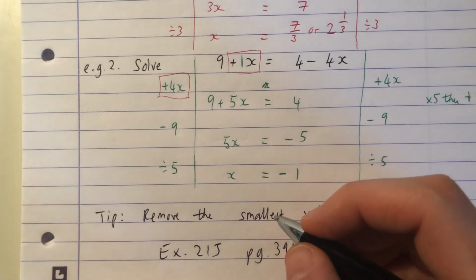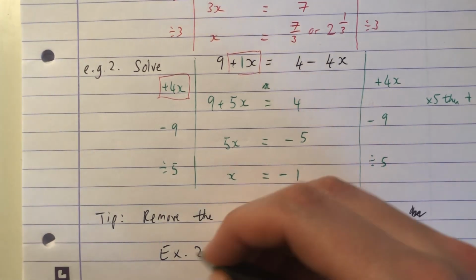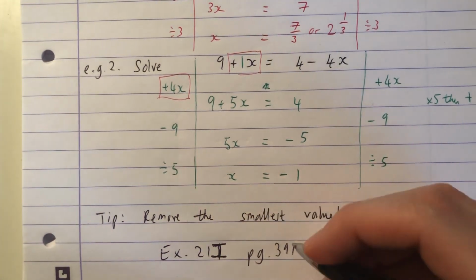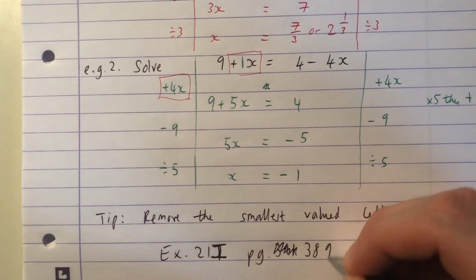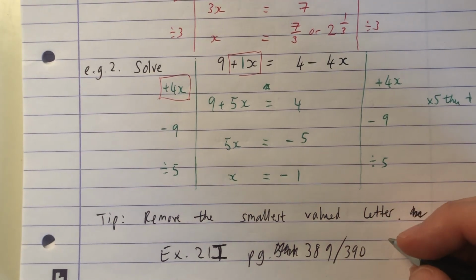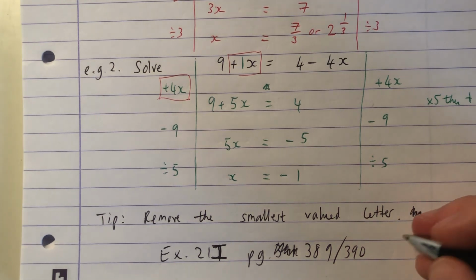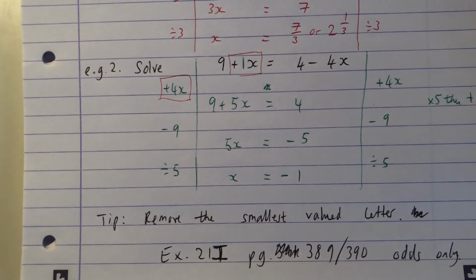And actually, it is exercise 21I, sorry, which is on page 389, and it goes on to 390, and if you try the odds only, using the tramlines method only as well, and if you stack return to the teams meeting,